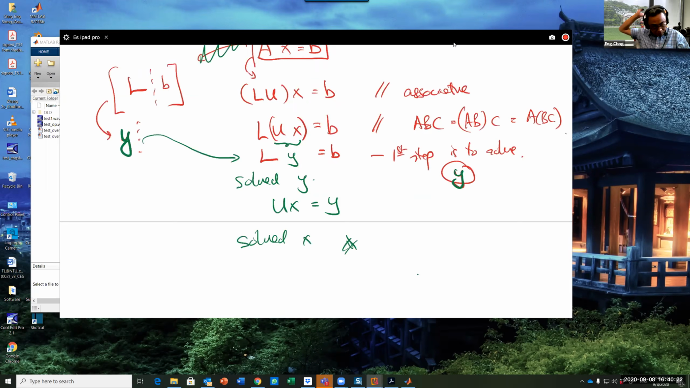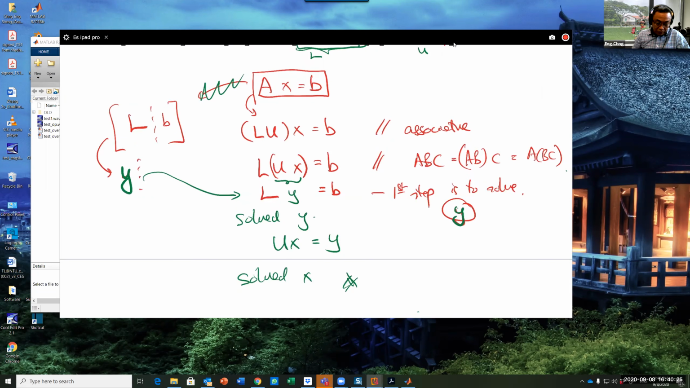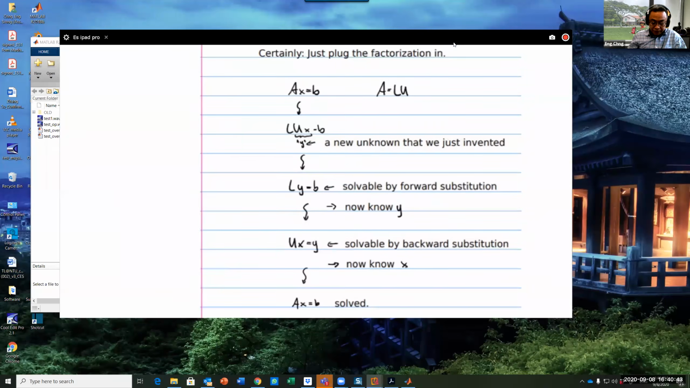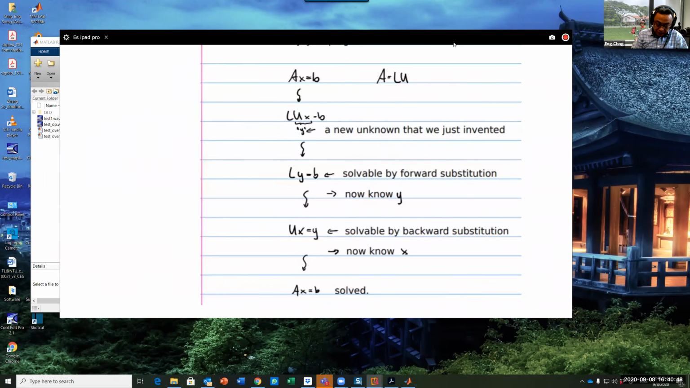So you'll be wondering, why did we go from a very easy problem of Gaussian elimination using AX equals B, and then now break the problem into two steps? Okay, so maybe I should use this slide to show you. The key idea is this. When we solve for Y,